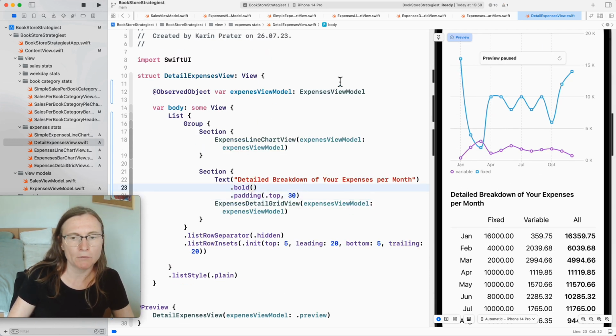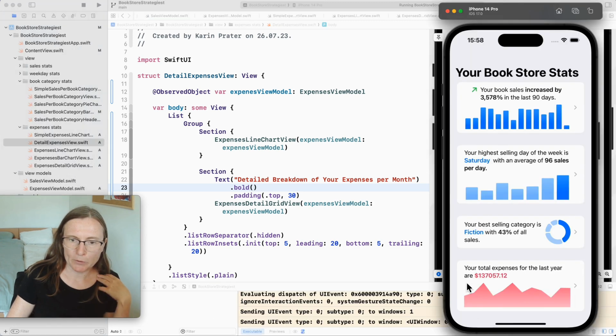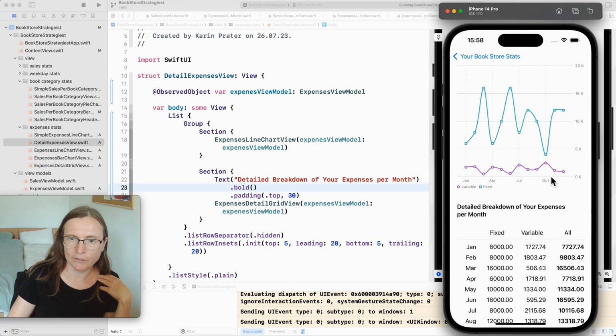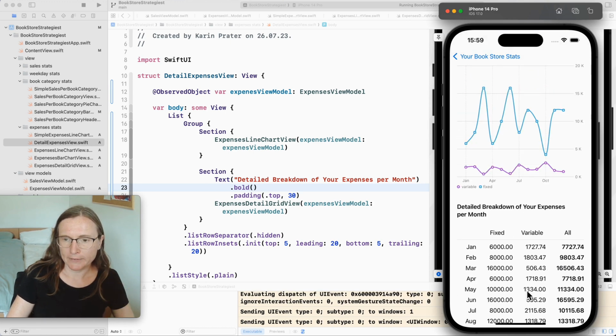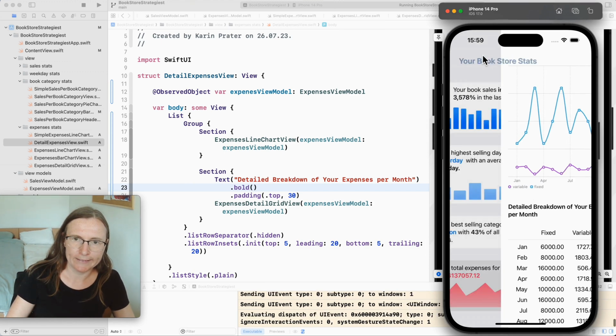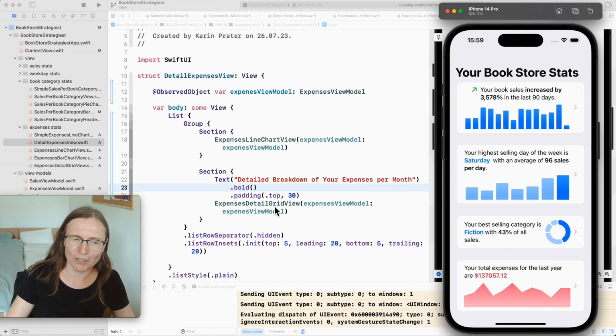And I can test running the whole application. I'm going here in my detail for my total expenses. We have this line chart and this nice little grid. This is more an advanced example for charts because I used a lot of the customization for the line styling, line colors, and also this axis, what values are shown, what grid lines are shown, what labels are used. As you see, you can do quite a lot of things, as long as you know what